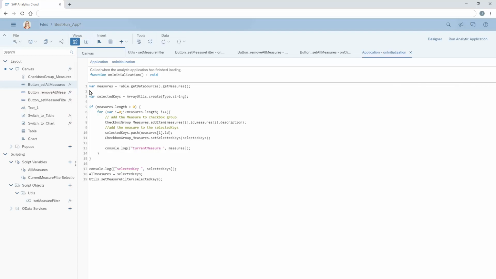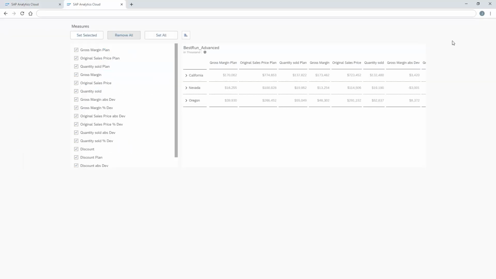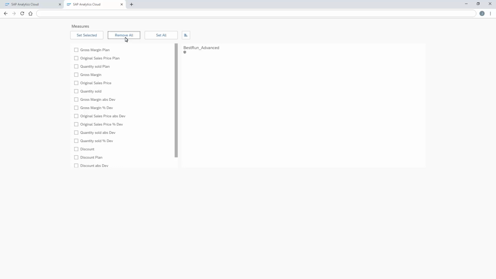Now we'll save our changes and run the application. Here in the table, the original measures have been removed and replaced with all measures. If we click the Remove All button, the table displays nothing, while if we click the Set All button,